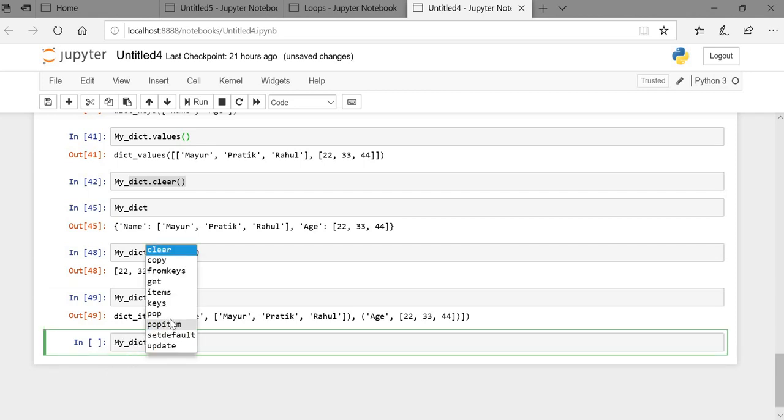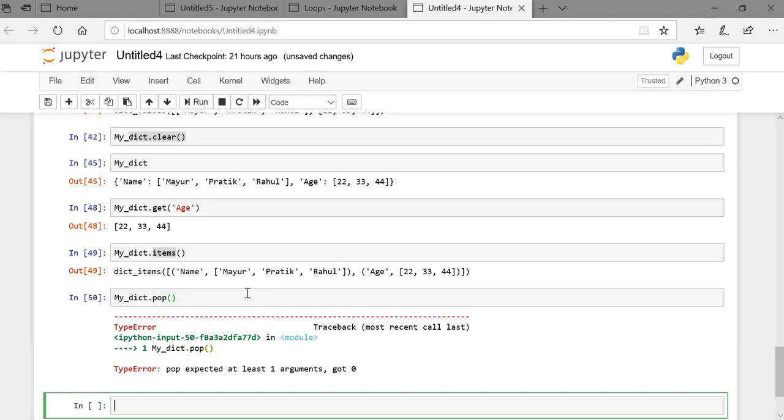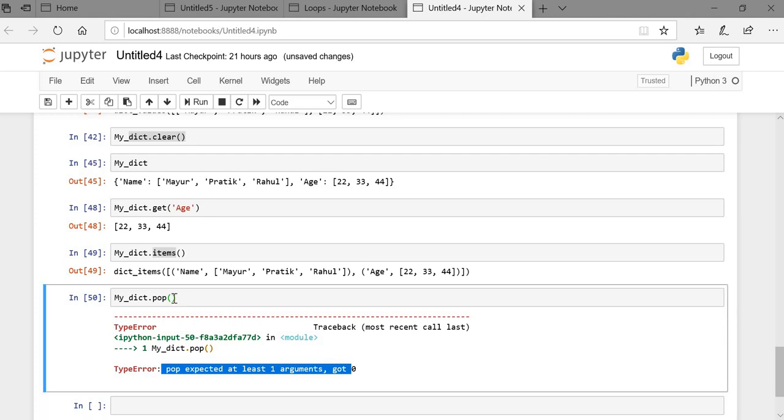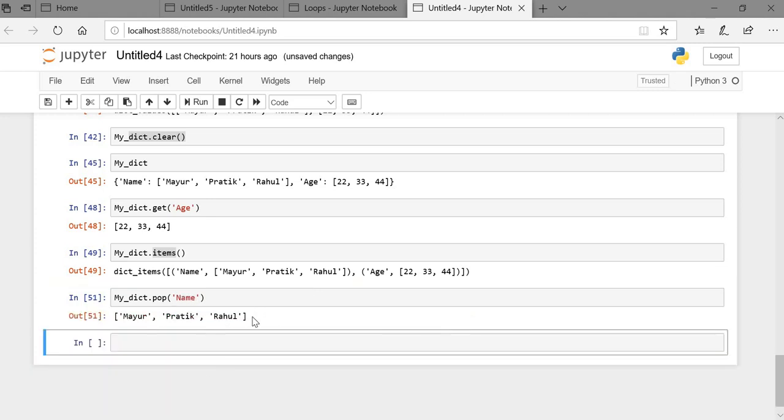mydict dot pop. See, in the pop function, pop expected at least one argument, got 0. We must give one argument here. We'll give this name. Okay, so this is removed from our dictionary.